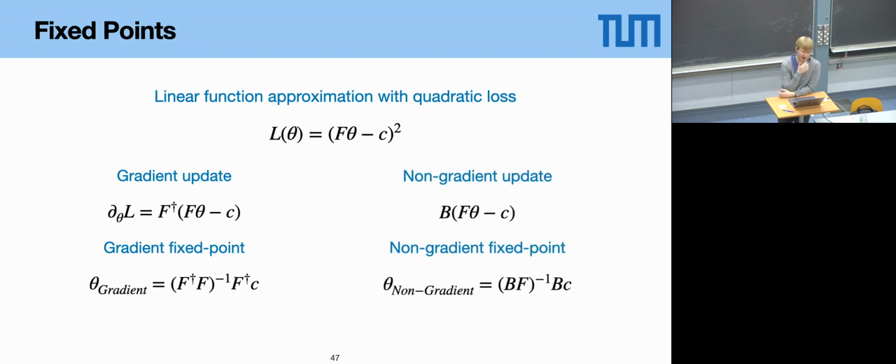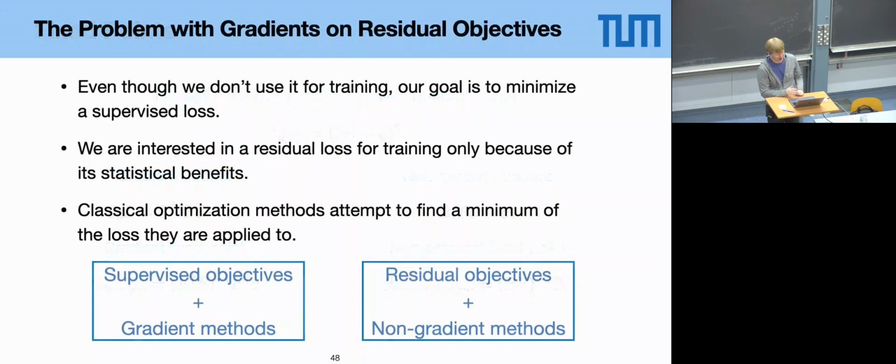In contrast, if you apply a non-gradient method, that corresponds to a modified backpropagation path, because you decided not to backpropagate feedback through certain predictions. And as a logical consequence, you find a different fixed point because there are now different matrices occurring in this fixed point equation. Just to make it a bit plausible. The important lesson here is that these two methods find two different fixed points.